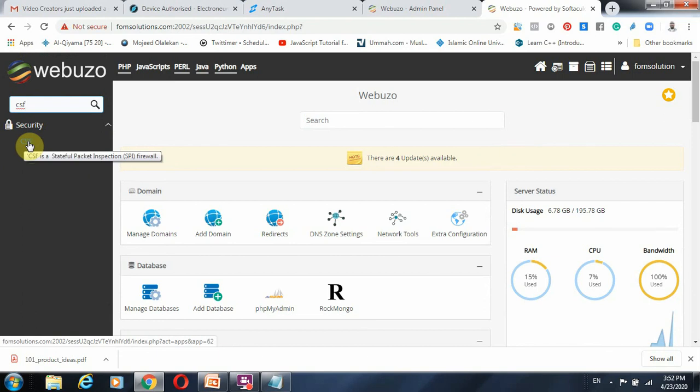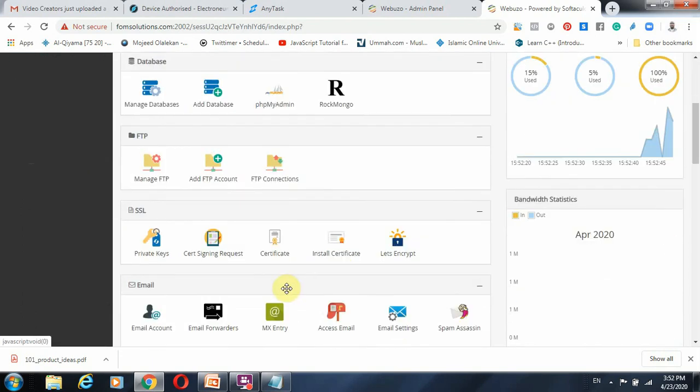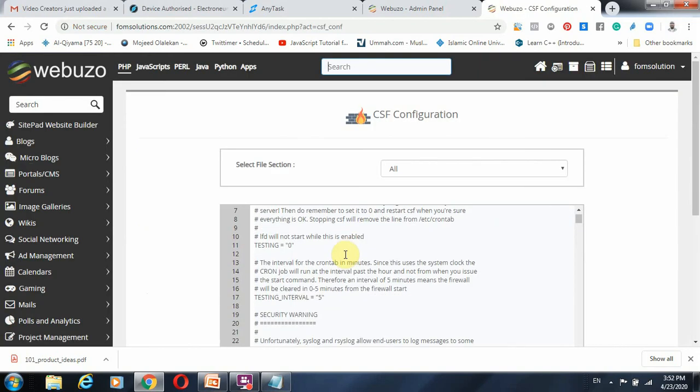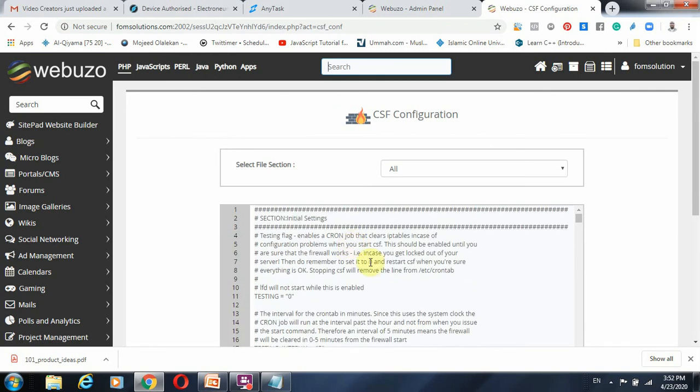Please install it, and once you have installed it, come to your configuration, and you will see that the testing is set to 1, which means it is not active. It is on demo.